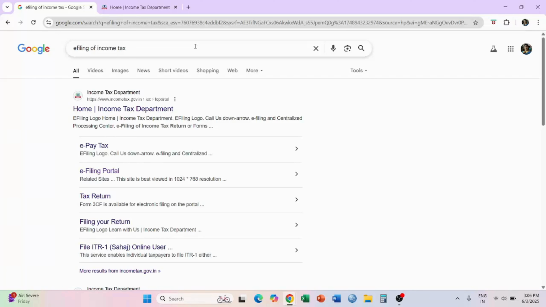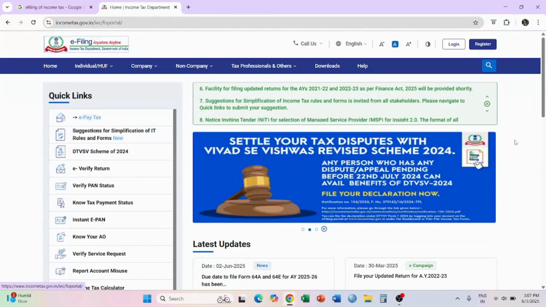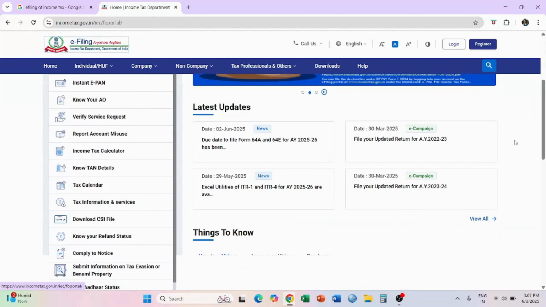So let's start. First, we have to write e-filing of income tax, and then click on the option that is coming over here, that is the e-filing portal link. When I click on this link, this website will open up.